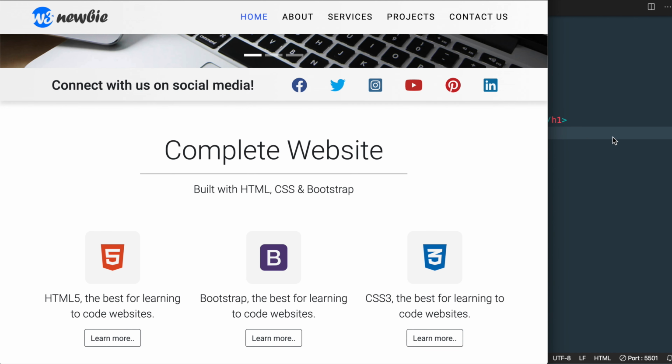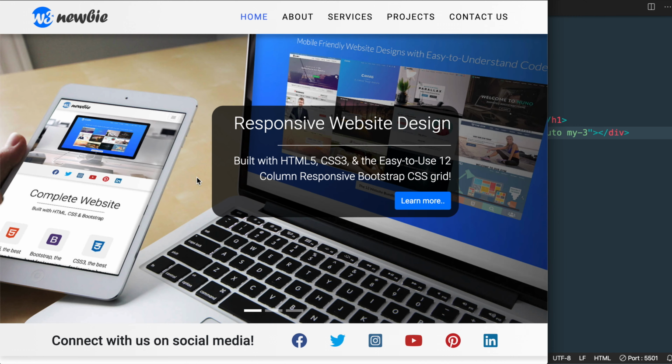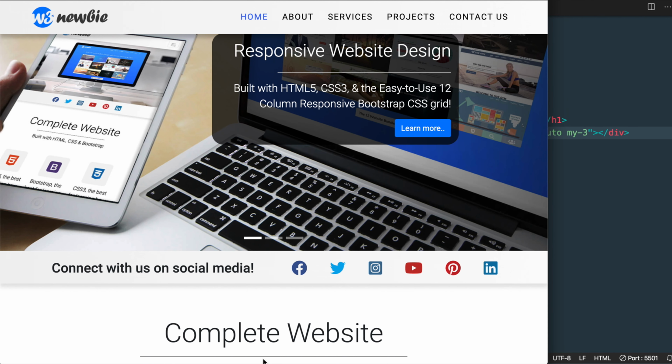So let's use the border top class similar to what we did with the image slider. Then we'll use the border dark class to give it the black shade, and we're going to give this a width of 50% of the page or 50% of the column. Then let's center it using the MX auto class and add some margin to the top and bottom of it of 1 rem with MY-3. Okay, so now with that set, we're going to have our border appearing underneath the display-4 text,